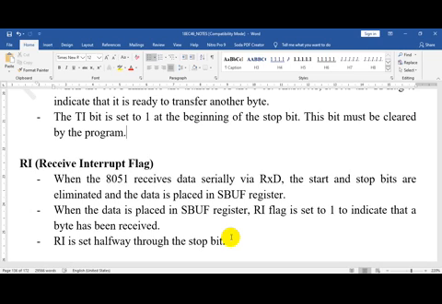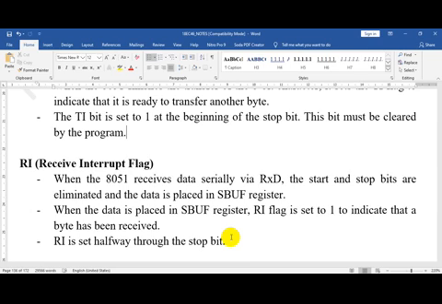As soon as the data is placed in the SBUF register, the processor sets the flag to 1 to indicate that a byte has been received. It is then the job of the programmer to read the data before the next character comes.